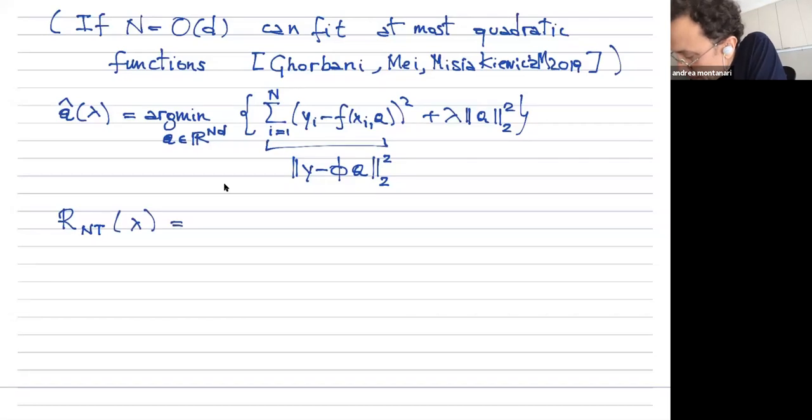So this will be the expectation with respect to the new data of the true minus f of